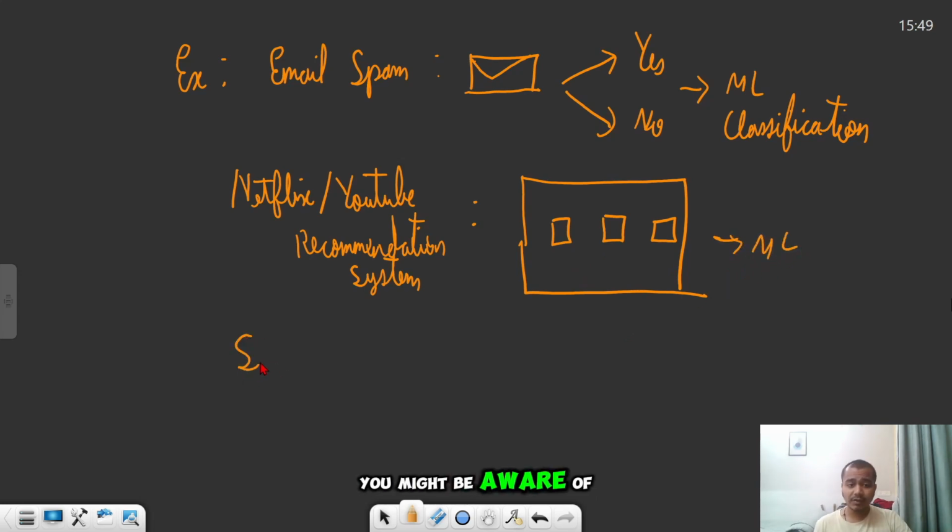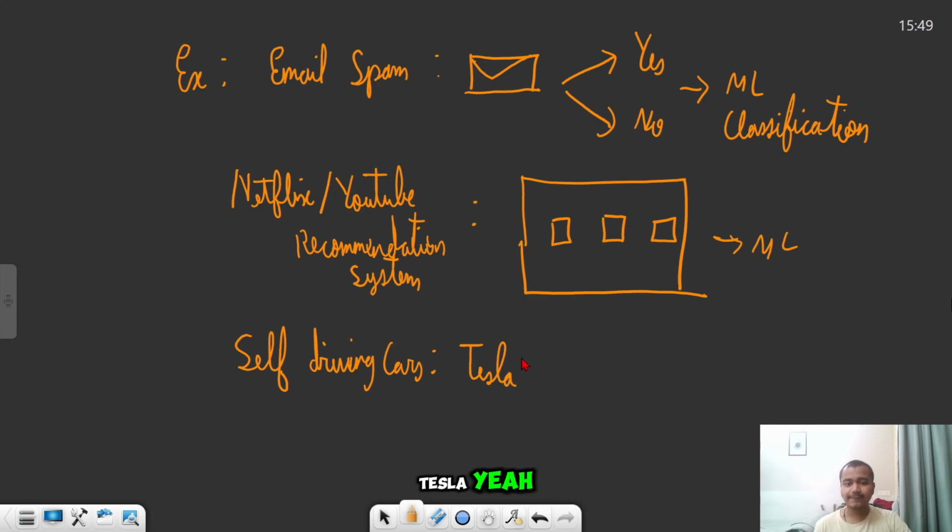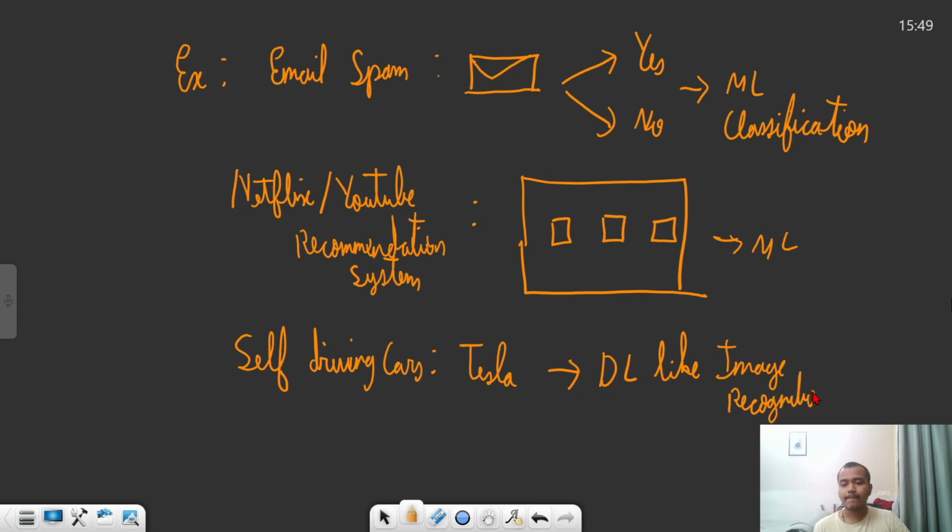You might be aware of self-driving cars. Tesla, yeah. Even they use deep learning concepts like image recognition to drive the car.